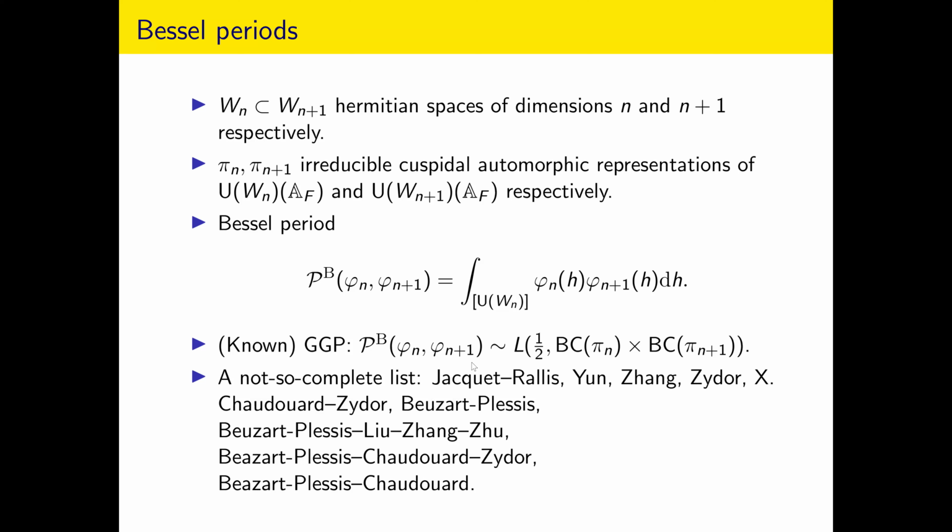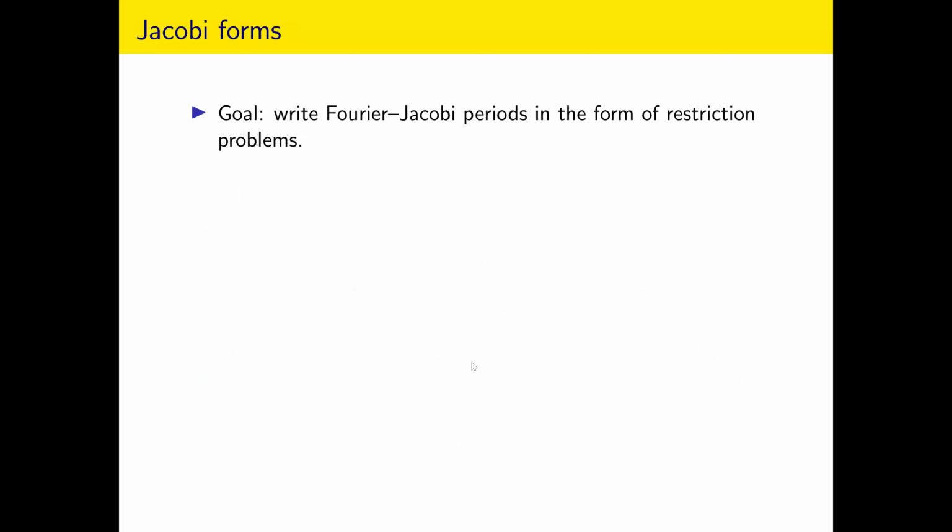So this is the Bessel period, and it's very easy to state. It's just the restriction problem. You get a bigger group and you restrict that to a smaller one. So now, if you recall from the very beginning that